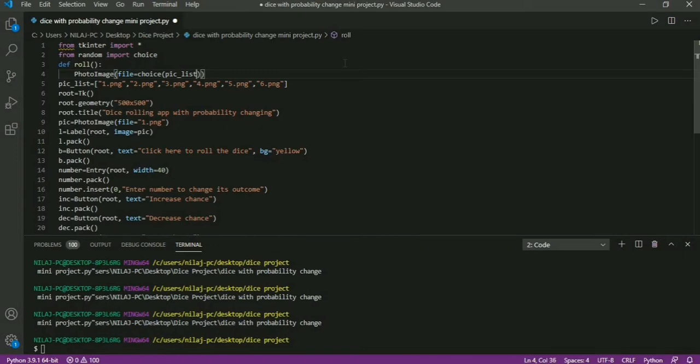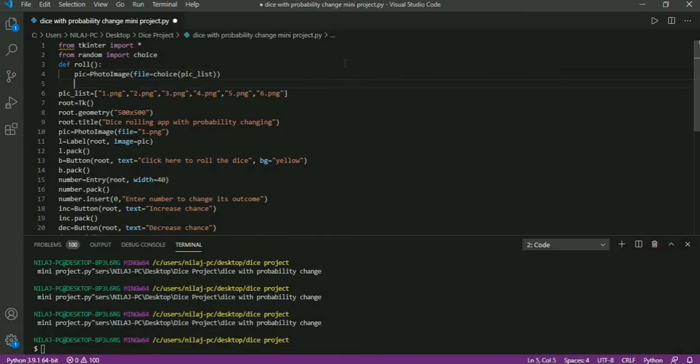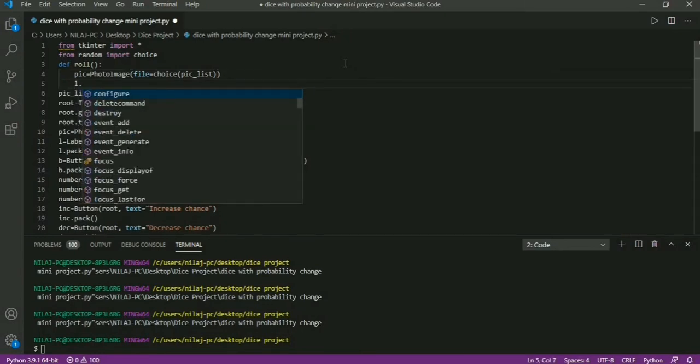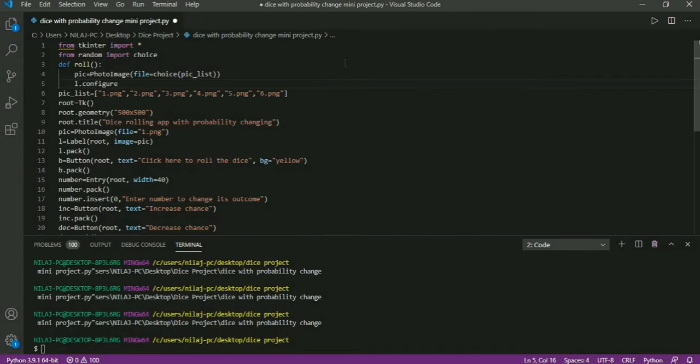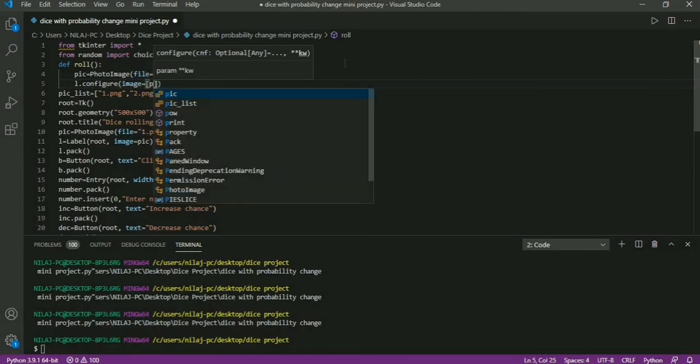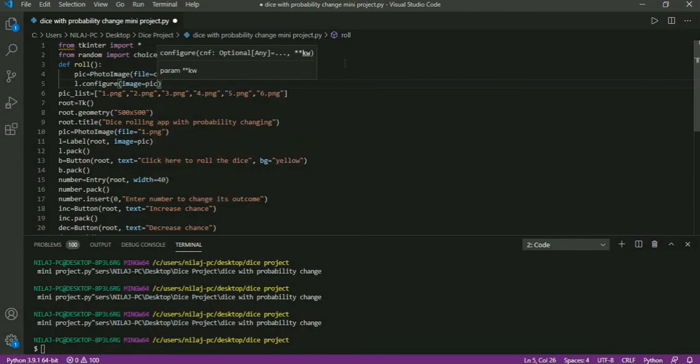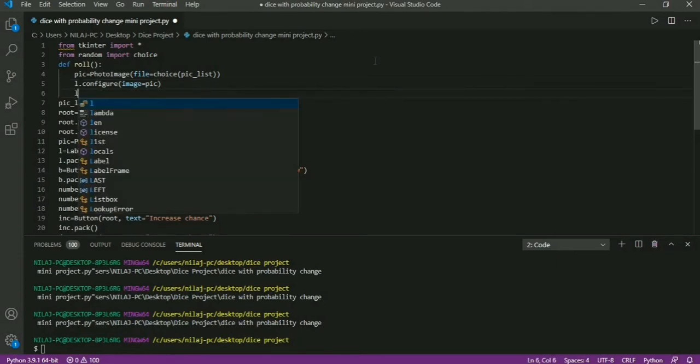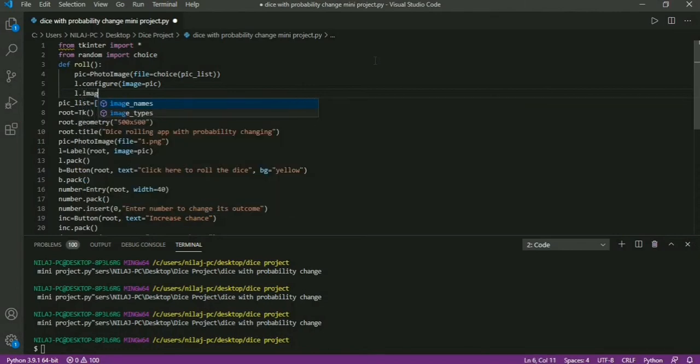Now I will pass my list in file choice function, and here I will use pick list. Now I will store this in variable named as pick, and here I will use configure method l.configure, and I will pass image. Now I will set label L image to pick, l.image equal pick.